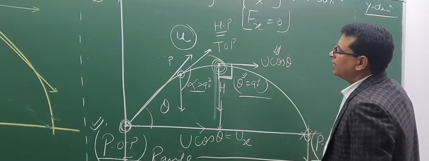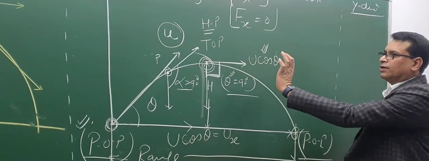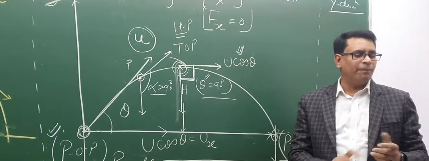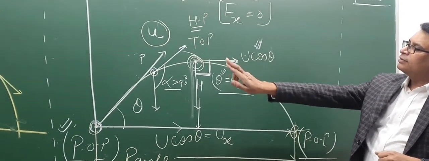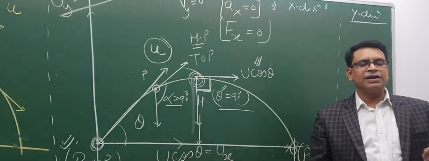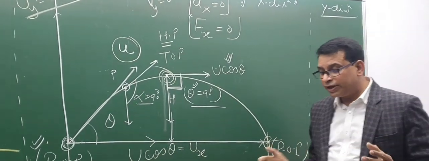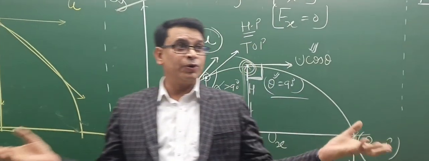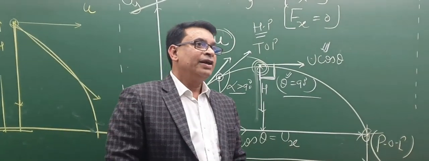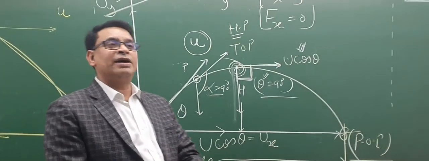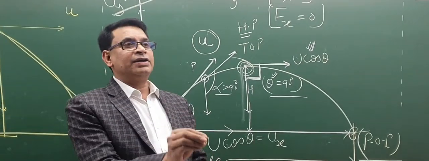As we know, acceleration in the horizontal direction is 0, but there is gravity acceleration throughout the motion, and it is constant. So we can apply which? Newton's equations. It is conditional to apply Newton's equations that acceleration should be